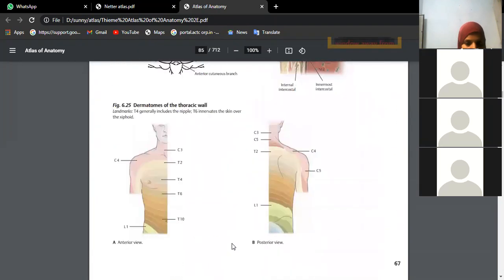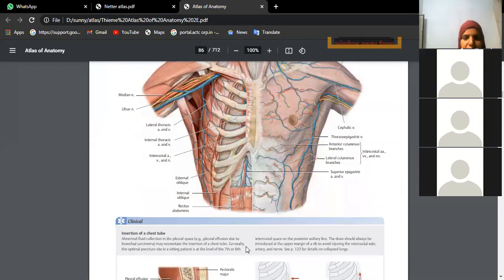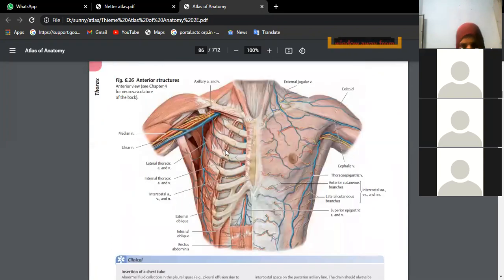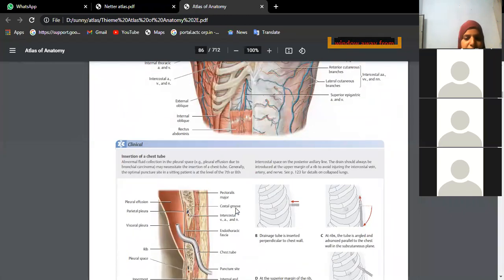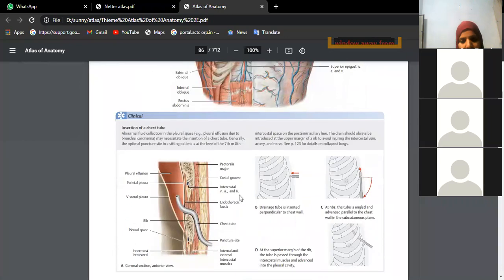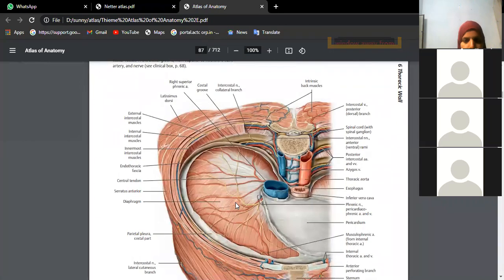Okay? All these are not required. This is what I wanted to tell you. This artery is quite important. This is the internal thoracic or internal mammary artery. At the sixth space, it divides into musculophrenic and superior epigastric. Superior epigastric enters the rectus sheath, where we have the rectus abdominis muscle. It anastomoses with the inferior epigastric artery within the rectus sheath.